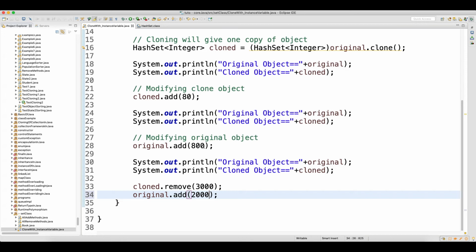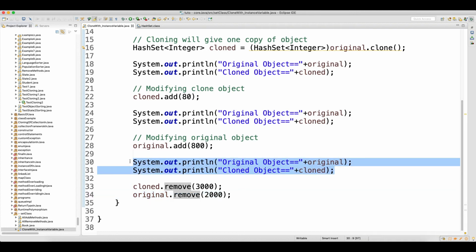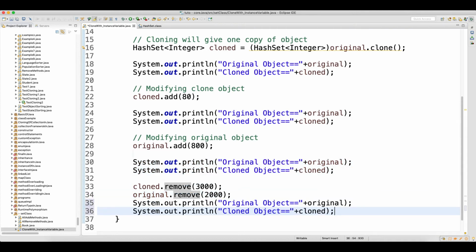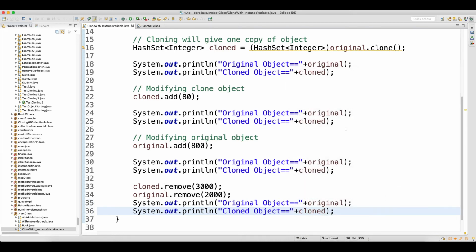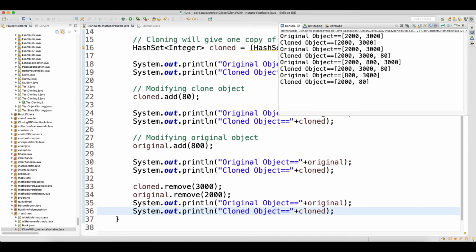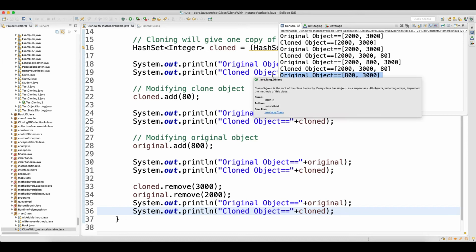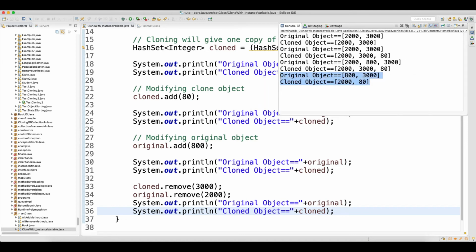We will see whether removing data has any impact on the cloned copy and the original copy, and print this. Now look at the last two outputs.